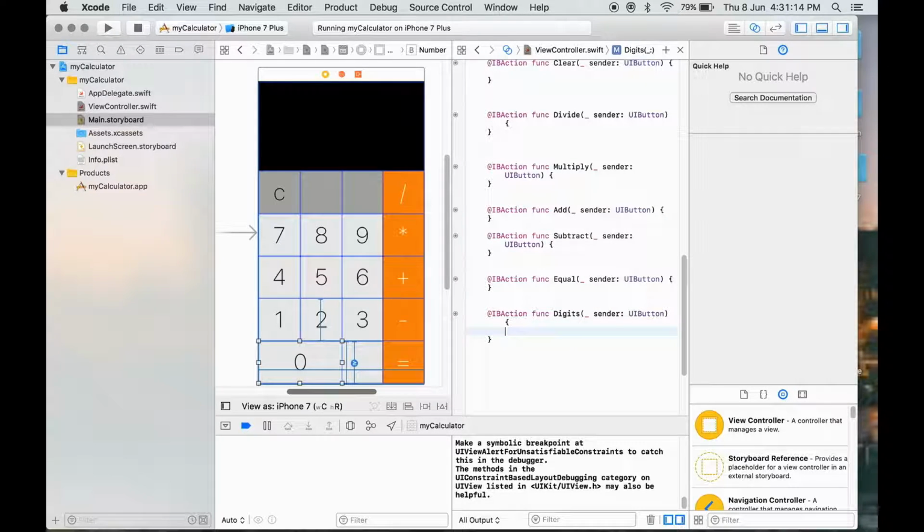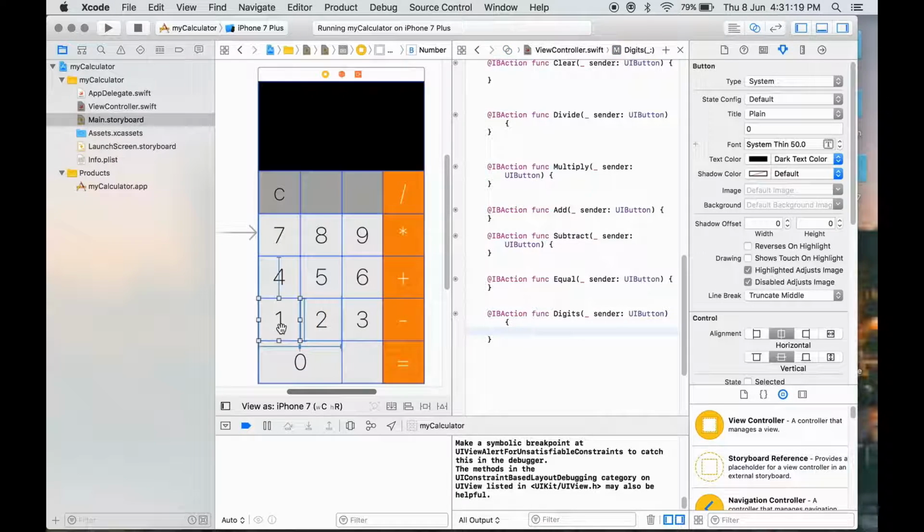Okay, now let's connect the remaining numbers. Select the button and control drag. Repeat this for all the numbers.